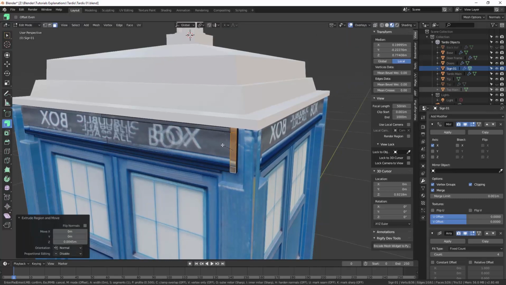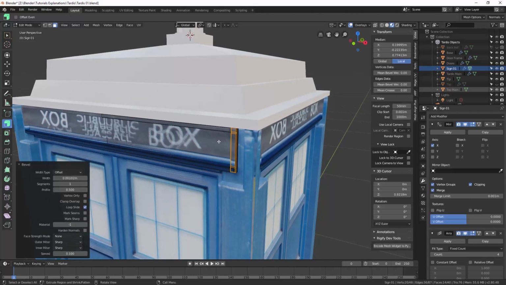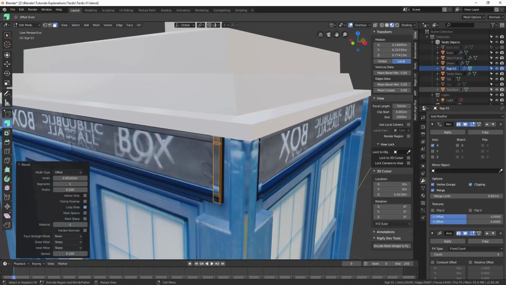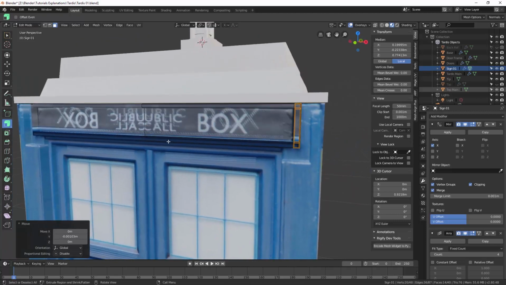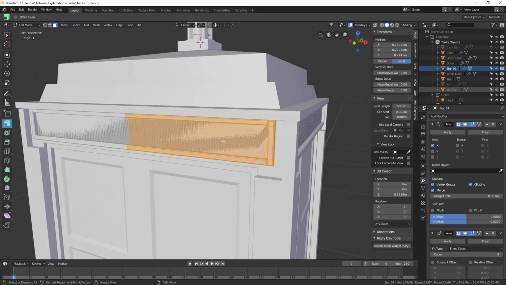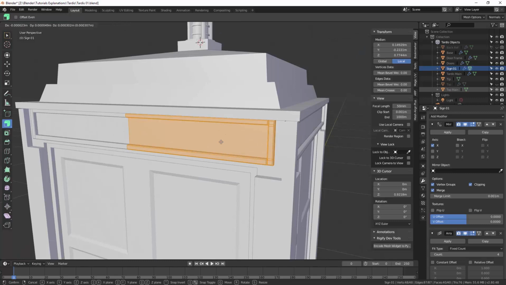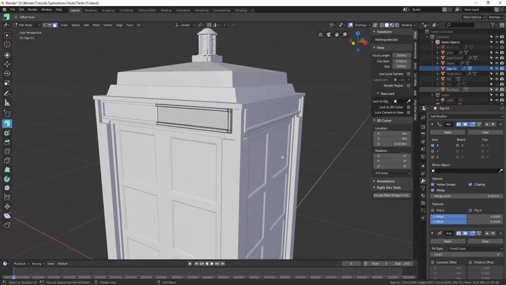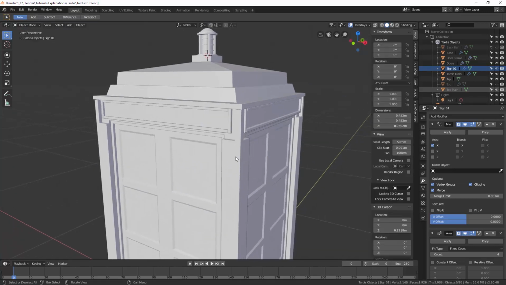Control and B. Let's just move that out a tad. And let's select the whole thing and move it away from its origin. And there, I'd like to think, is our